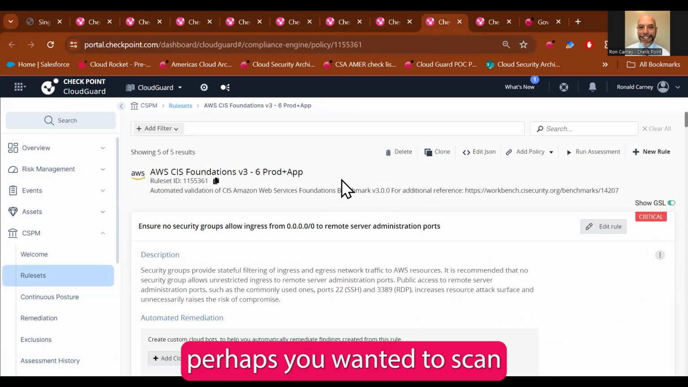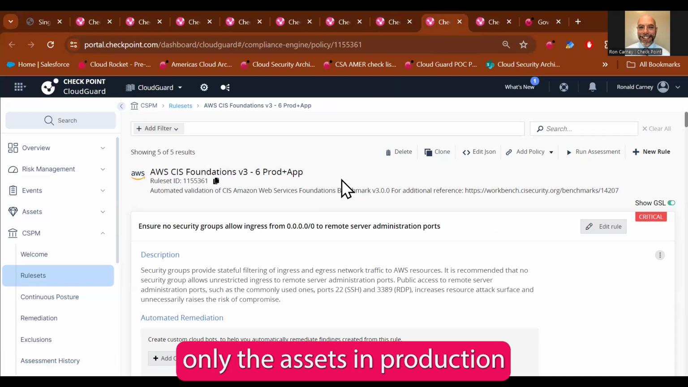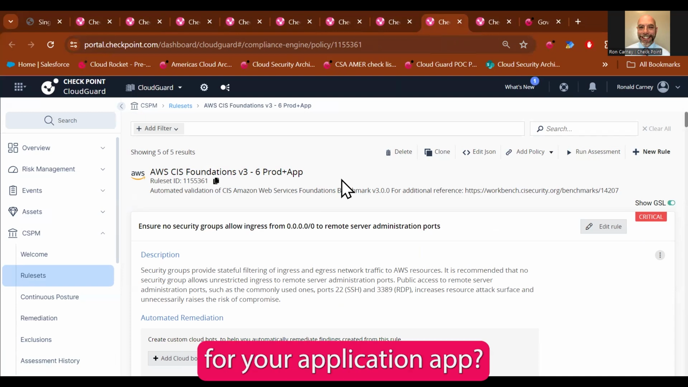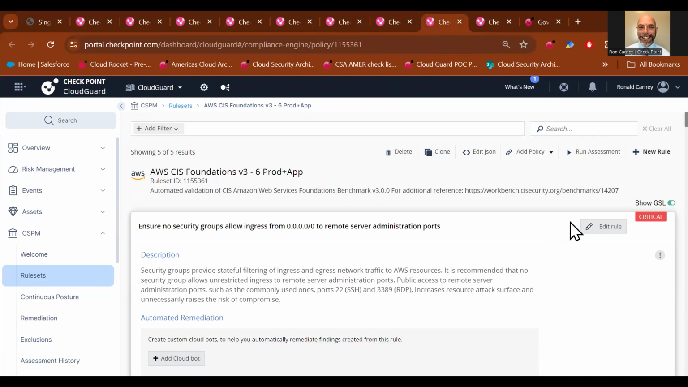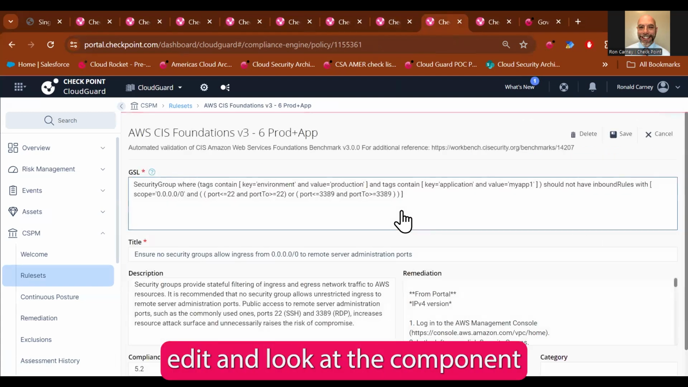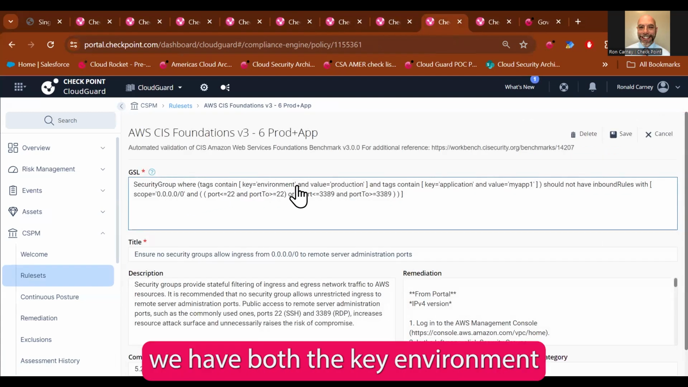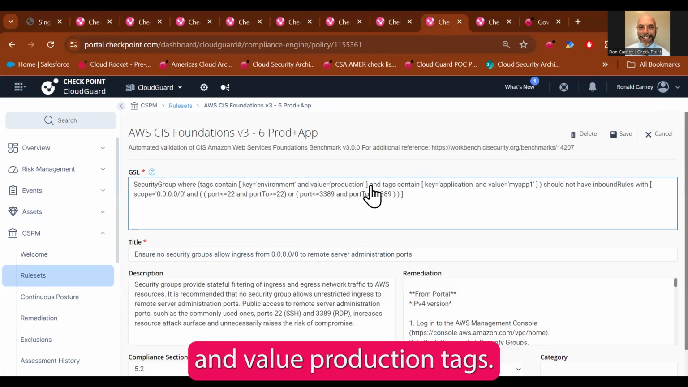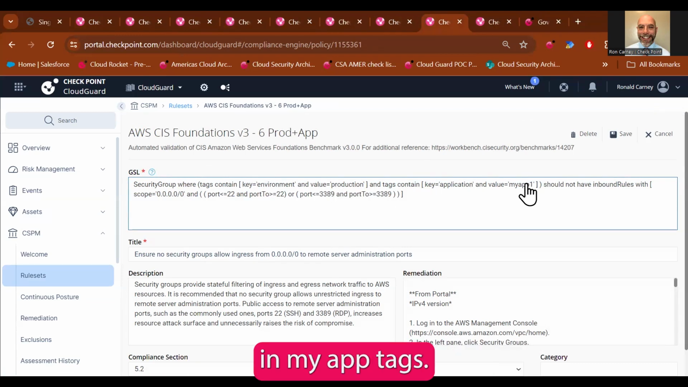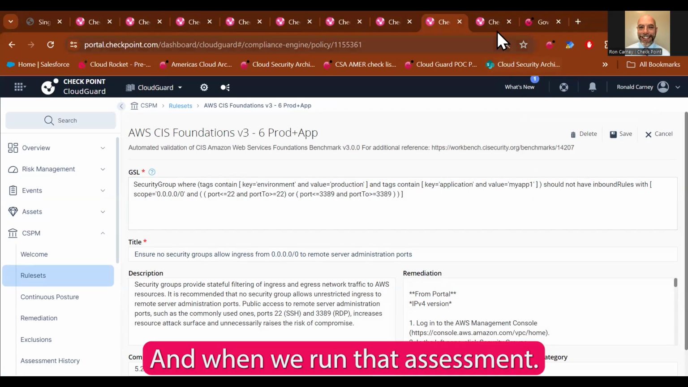Now, you can even get more advanced as well by combining tags. So perhaps you wanted to scan only the assets in production for your My App application. We can click Edit and look at the combination of tags. And here you see we have both the key environment and value production tags, as well as the application and My App tags. And when we run that assessment,